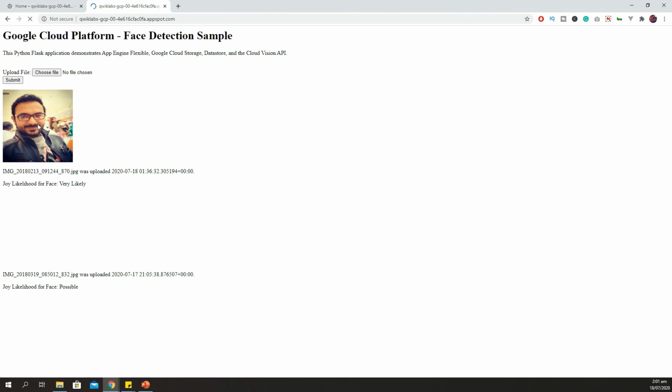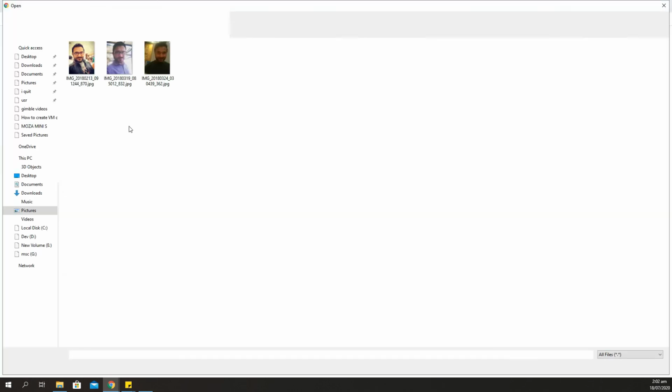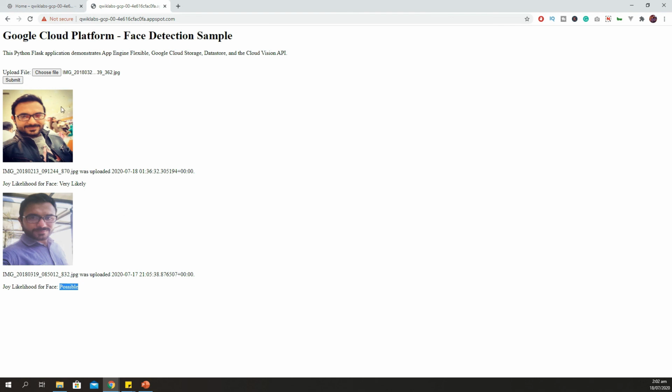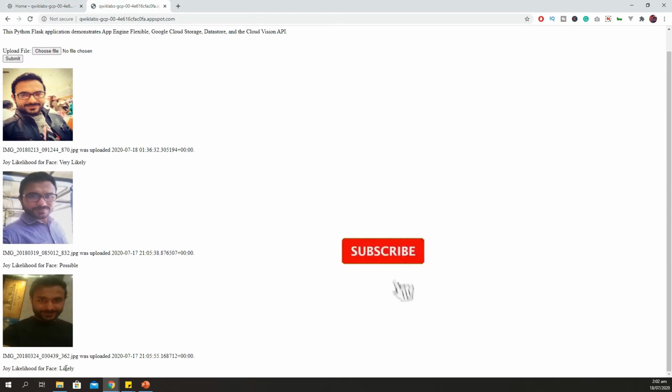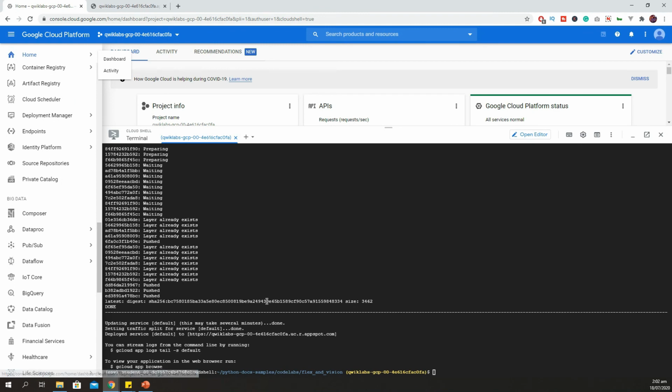This is what this Python script is doing, using Google Vision API, Google Storage and Google database. So these images are uploaded successfully, and it's telling me how likely and how happy my face is. This is what I have to teach you in this tutorial. Hope you have learned a lot.